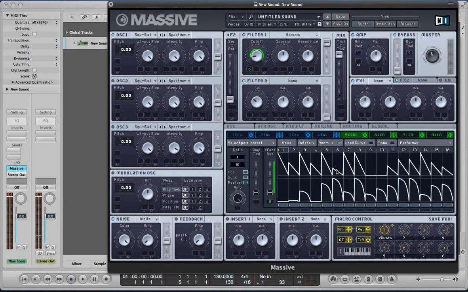So this is how you set it up. Hope you can explore this further. It's possible to create a lot of different rhythmic stuff. We could extend this perhaps